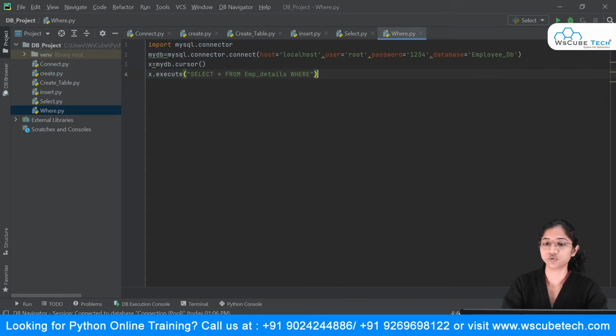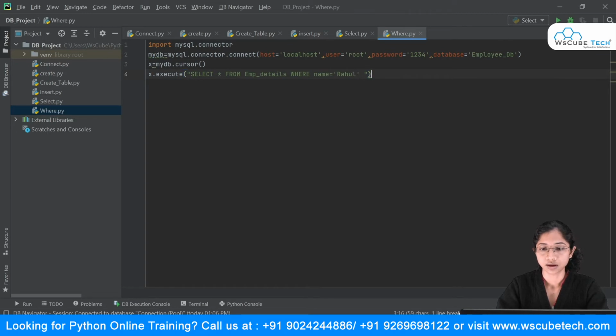What I'm simply doing is filtering my records. I just don't want the entire record. So I'm saying select star from emp_details where name is equal to, say, Rahul. We know that the first record is Rahul. So I will simply say where the name is Rahul.